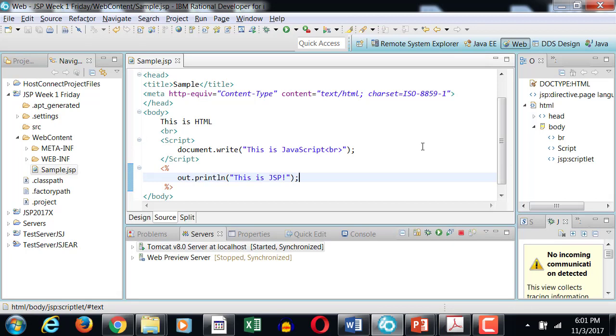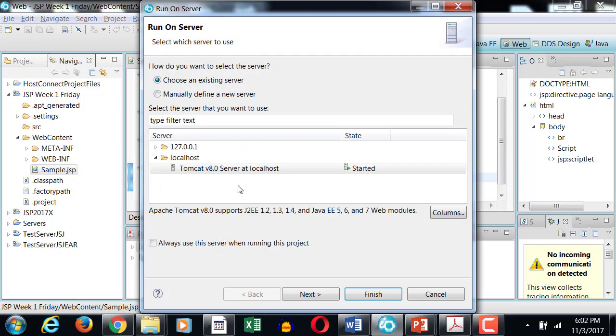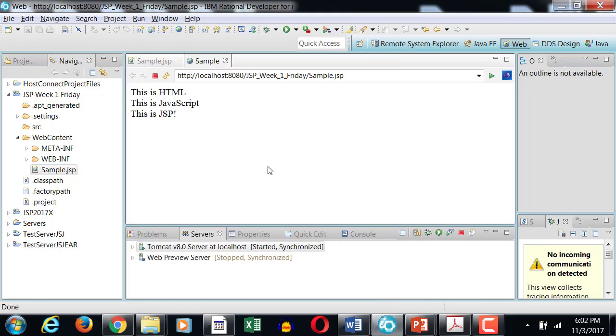But since this is running on a web server, and through the web server it goes to the client, you are going to say out.println. That means whatever response object the server uses, use that response object to send it back to the client. So now when you try to run this, run on server, this will show you three different lines of